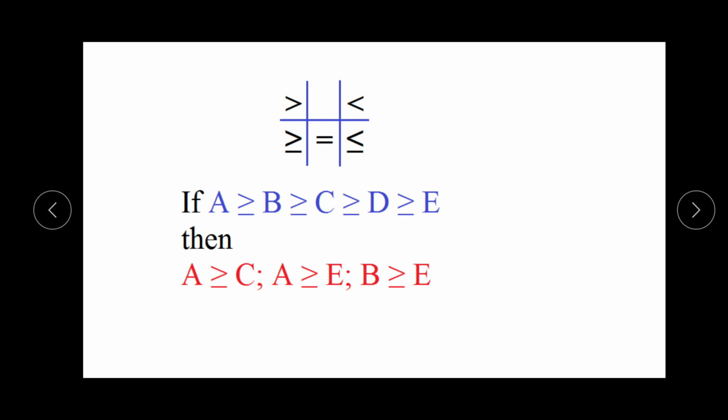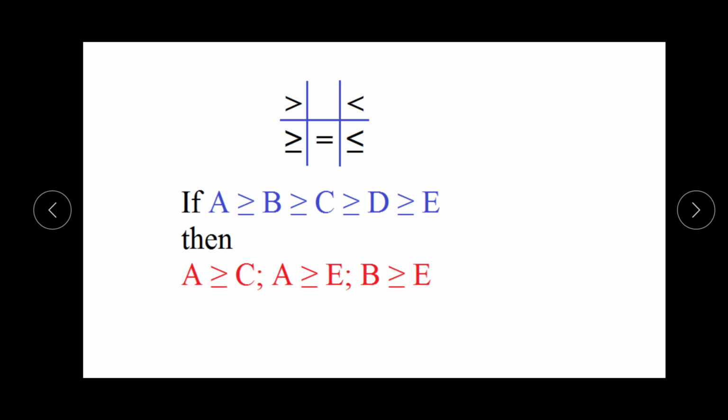Inequality is the same, it means we can say that A is greater than or equal to B, B is greater than or equal to C, C is greater than or equal to D, D is greater than or equal to E. Here also it is the same type of inequality, greater than or equal to. So here we can say that A is greater than or equal to C, A is greater than or equal to E, A is greater than or equal to D, B is greater than or equal to E. It means we will not compare variable to variable. We will check only that the inequalities are of the same type. When the inequalities are of the same type, it is very easy to do fast.